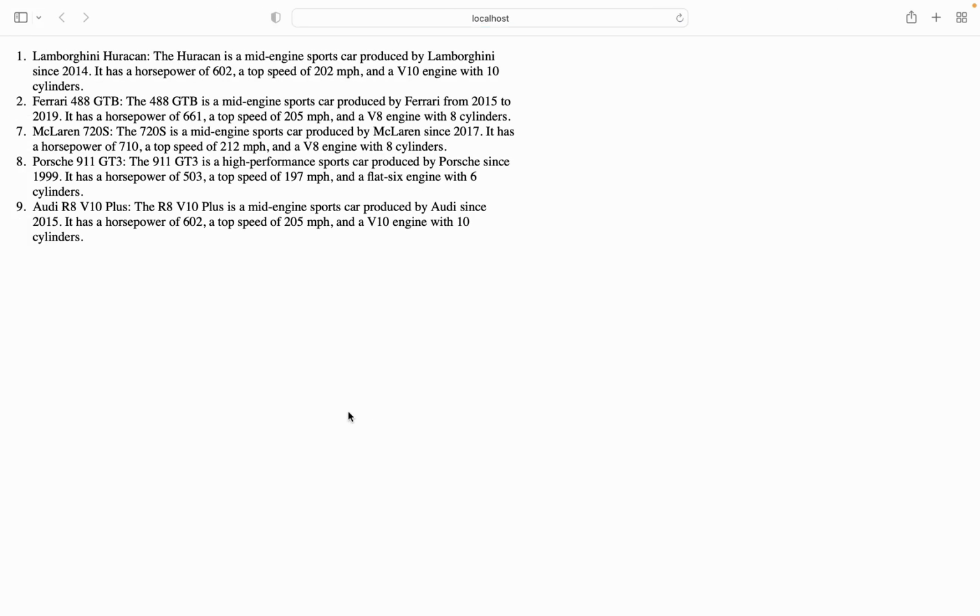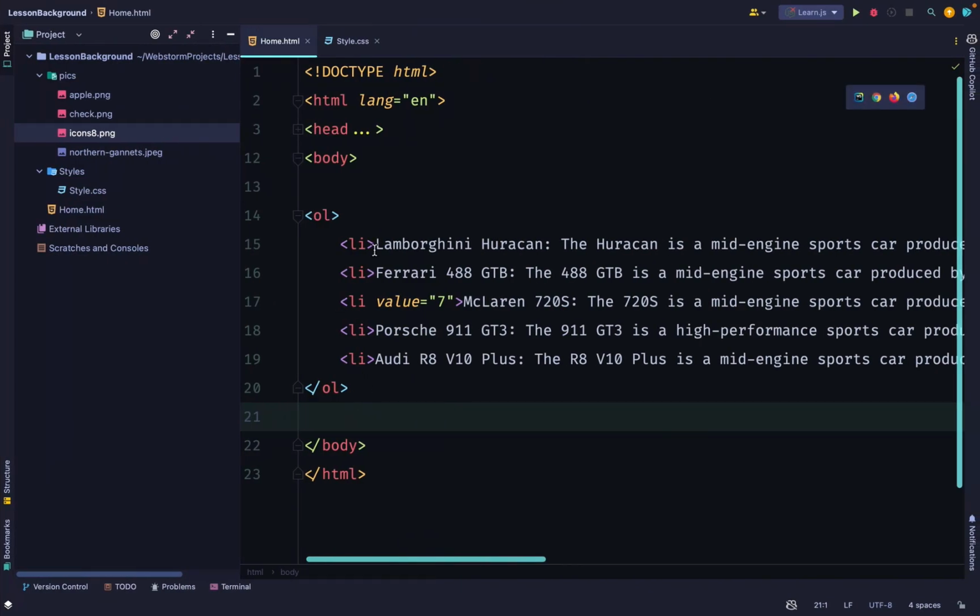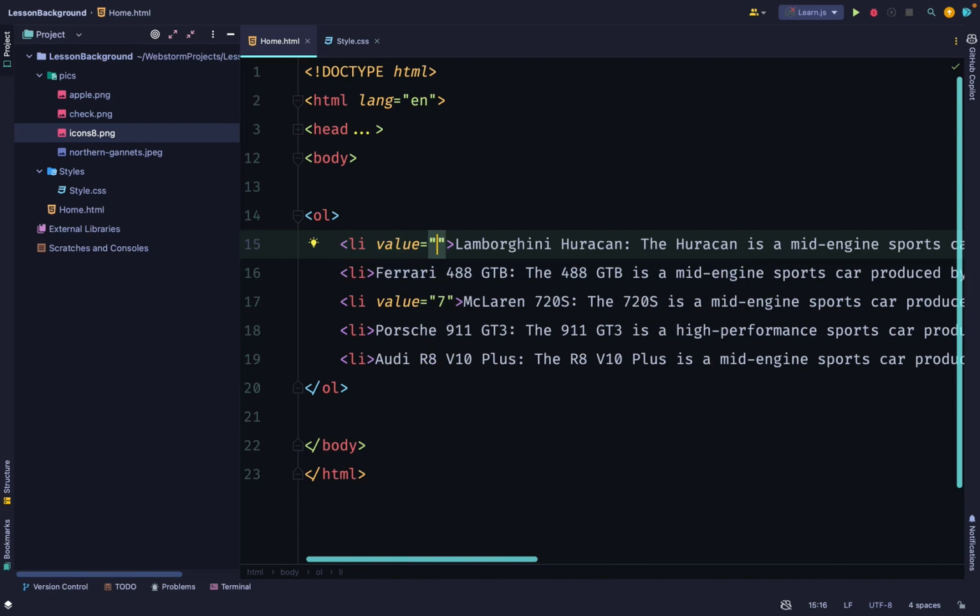Now, similar to the start attribute, the value attribute only accepts numbers as its value. So even if your list is displayed as Roman numerals or letters, you're going to use Arabic numbers as its values. So it works the same way. When you set the numbering of a particular item, the items that continue after it will continue from the value you set. So if I set an item to 20, the items that come after it will continue from there,